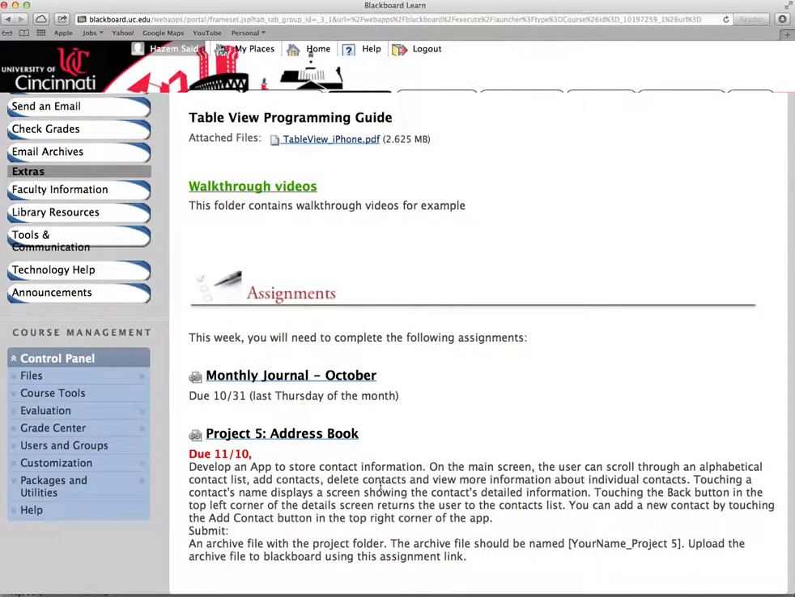So this should be a little bit simplified compared to project number 4, the game. There are a lot of details in an address book app, but we are going to try to simplify it and focus on learning about the table view controller and the data model instead of building logic as we did for the game. On the main screen, the user should be able to scroll through an alphabetical contact list, add contact, delete